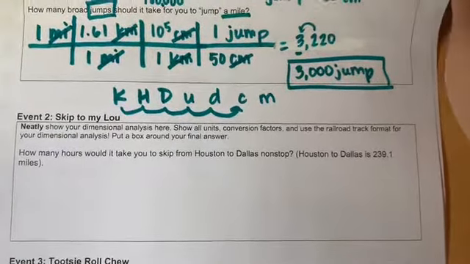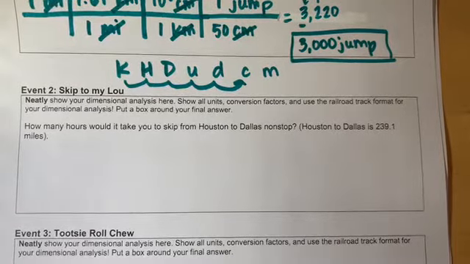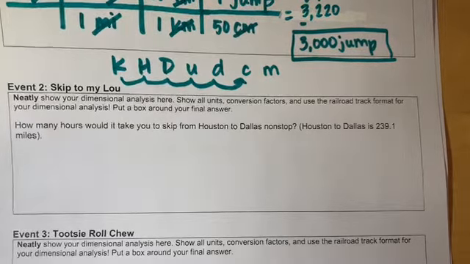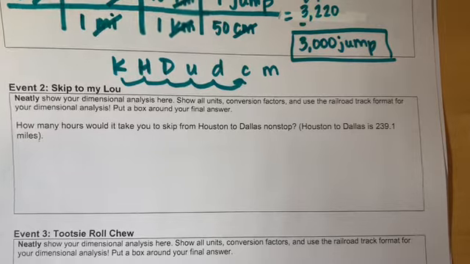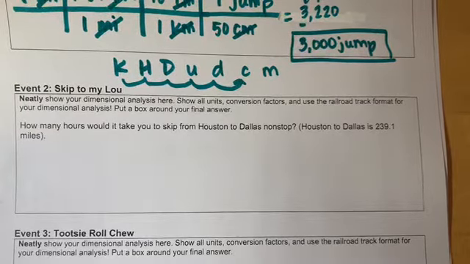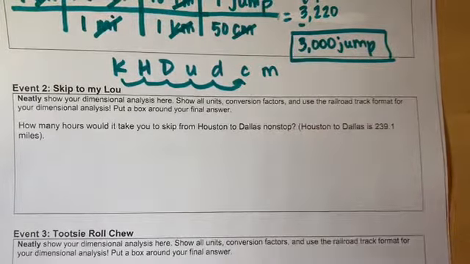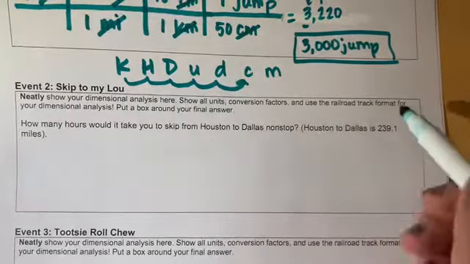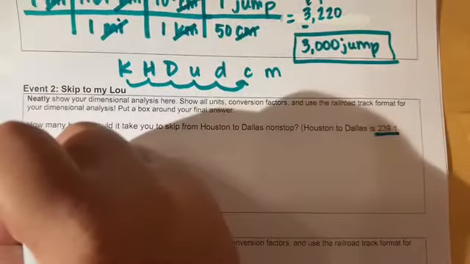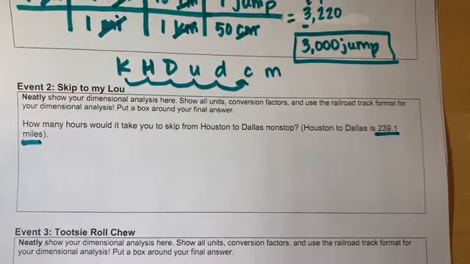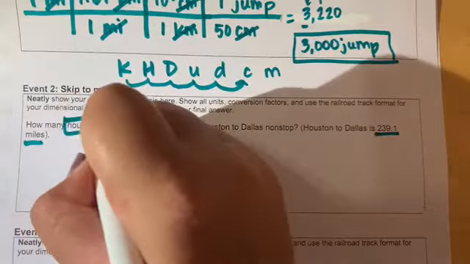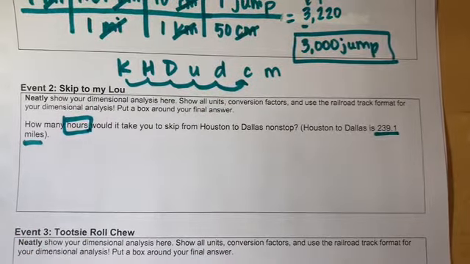Now it's asking us how many hours would it take you to skip from Houston to Dallas nonstop? Houston to Dallas is 239.1 miles. Remember, always ask yourself, what is our given? What value did they give us? And what is our question asking for? Normally I always go straight to the number. This is the number value that they give us, 239.1 miles. That is our given. And what are they asking for? They are asking how many hours it is going to take us to skip